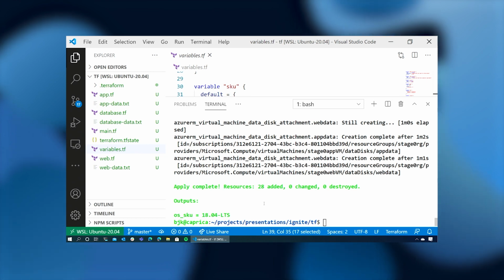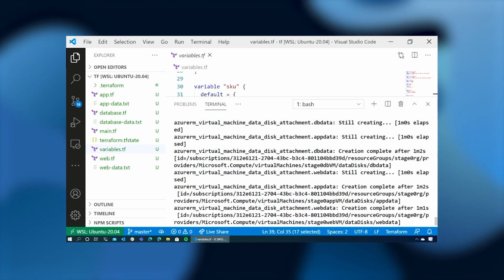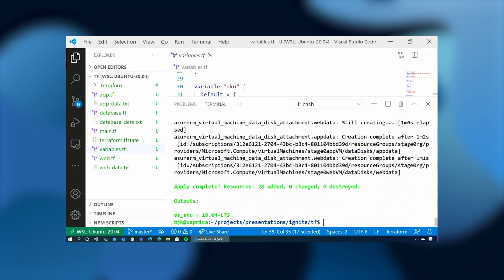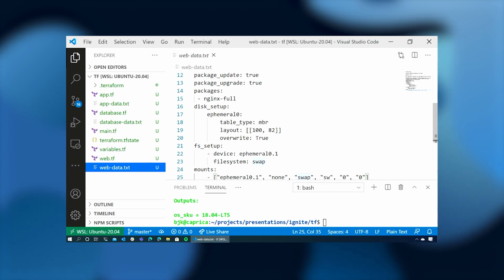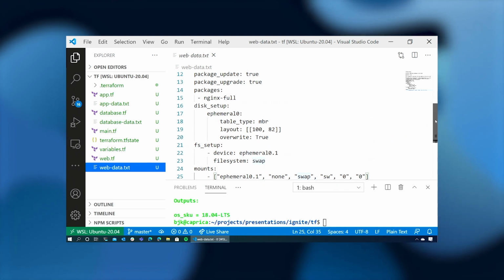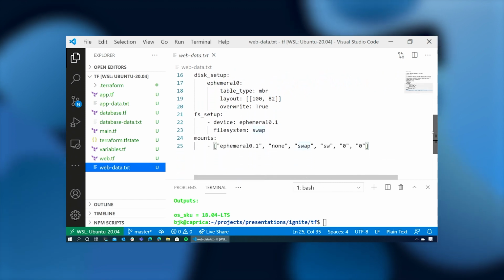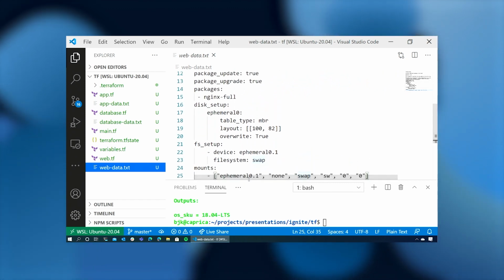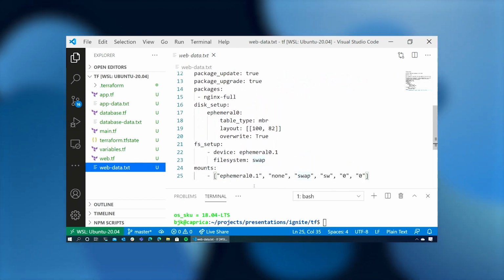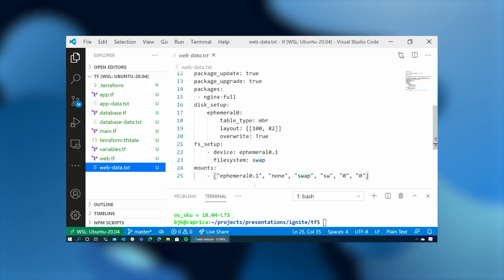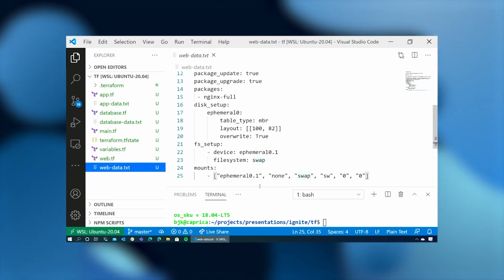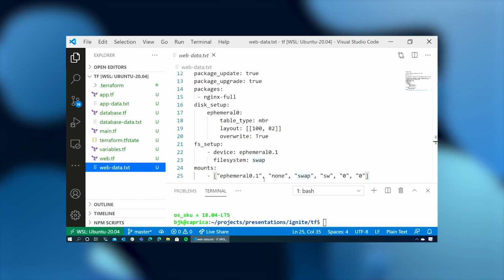So we can see that all of our disks have been created, all of the virtual machines have been created, and the machines have been provisioned with the information that we've requested in our cloud configs. So we've got quite a bit of automation taken care of already with very little bit of work. And this sets us up for really simple modifications in the future where we can evolve this into a much more complex platform with more services and more machines without having to throw away the investment we've made in creating